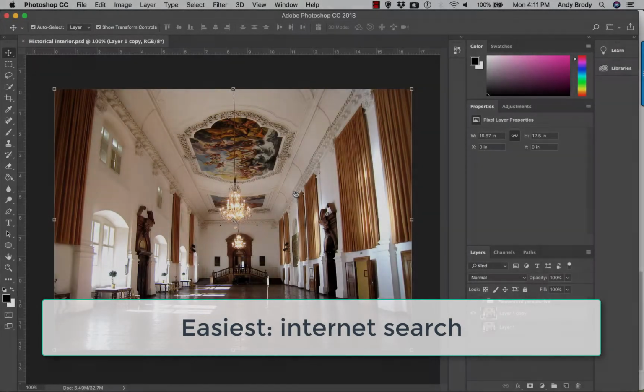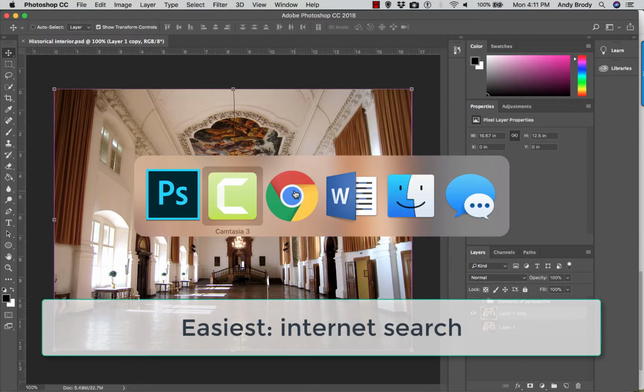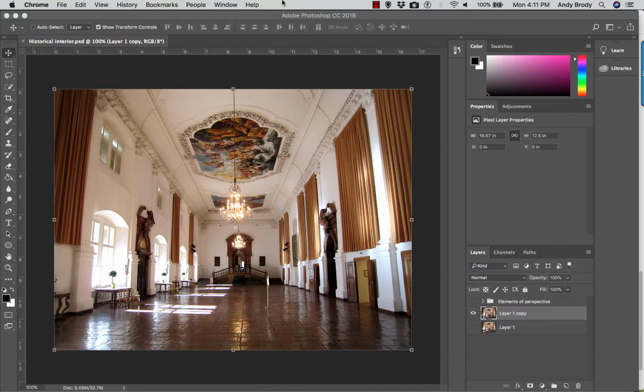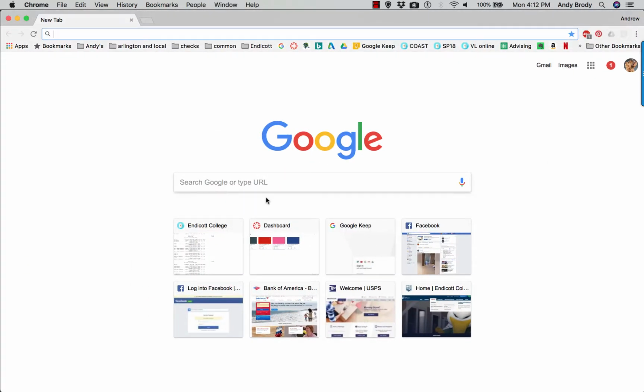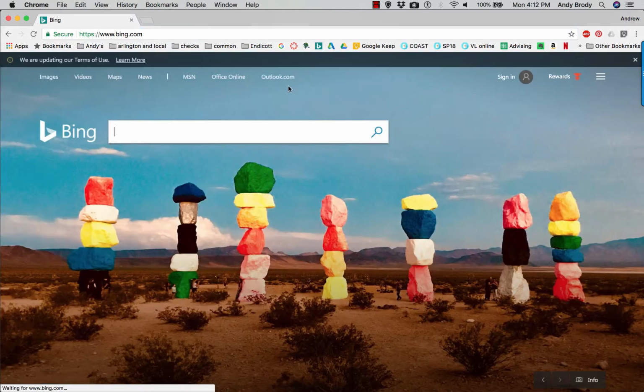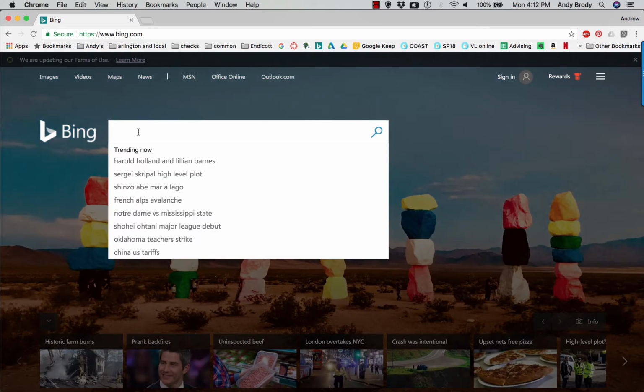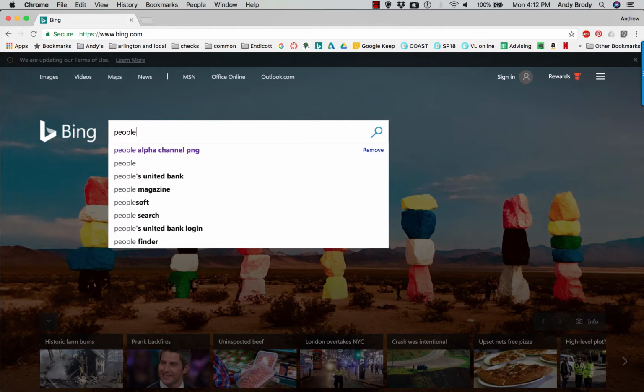And first of all, the easiest thing is to put in scale figures. And let me go to a web browser here, and search for some people. Now, usually I use Google, but Google has gotten sued, and so I can't use, well, you can use theirs, and you can kind of drill through to their images, but I'll show you on Bing just because it's a little easier. You could just type people and look for people, but what I would recommend is looking for alpha